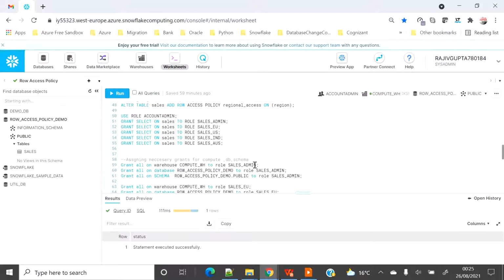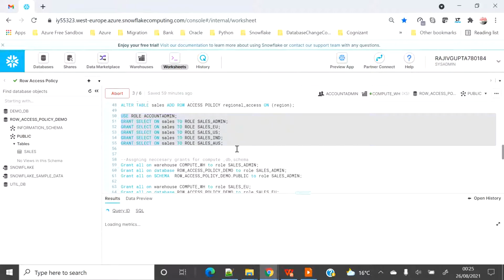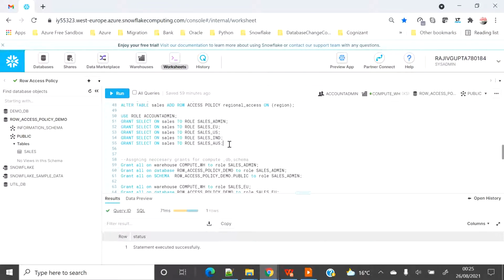I'm going to only give the select grant on the sales table to all the roles which I have created. Although I'm going to use only the sales admin and sales US role for my demonstration, to be in sync, I am going to grant the select privilege on the sales table to all the roles.